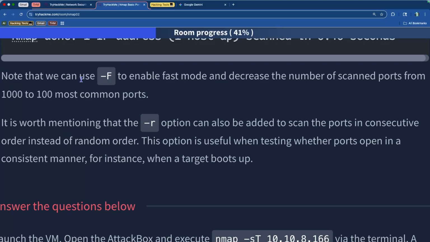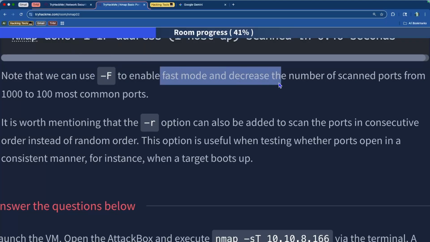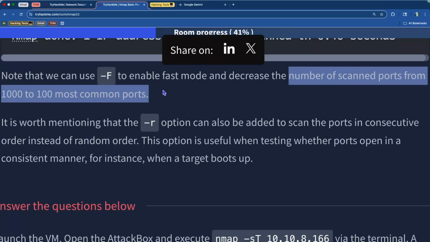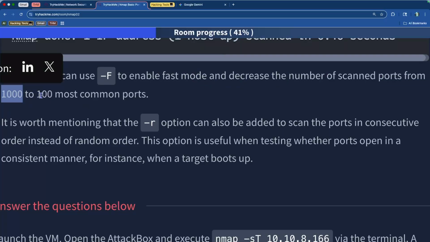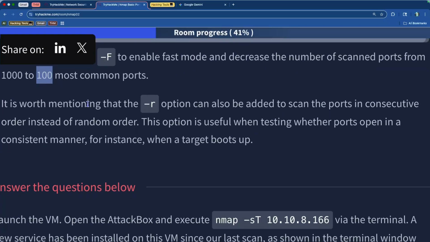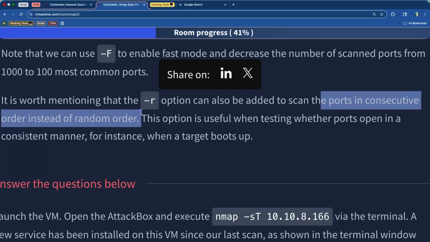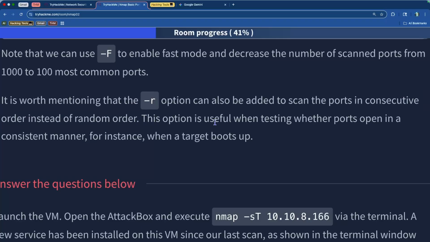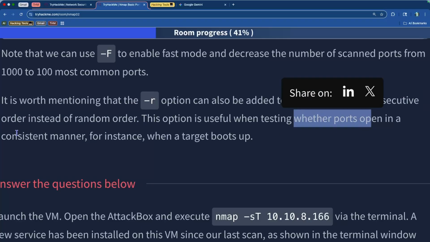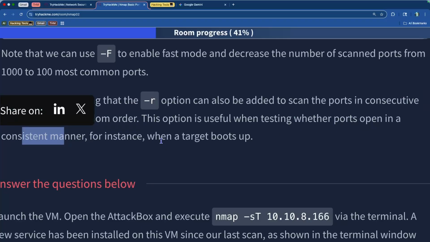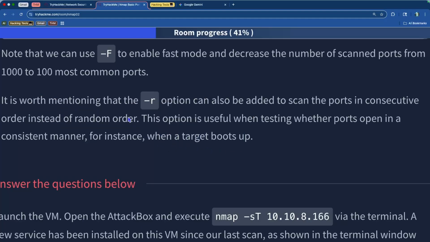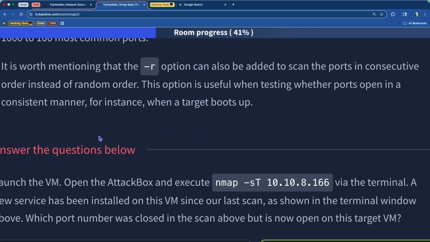So we can use the capital F, so -F, to enable fast mode and decrease the number of scanned ports from the 1,000 most common to the 100 most common. And if we use -r, you can also scan the ports in consecutive order instead of a random order. And it's useful when testing whether ports open in a consistent manner. For instance, when a target boots up, we just want to see if the port is connecting in a consistent